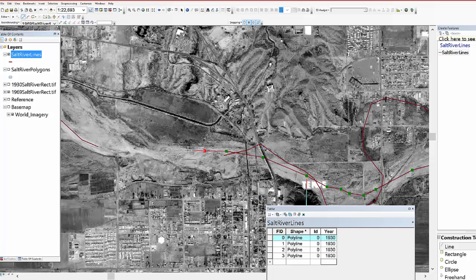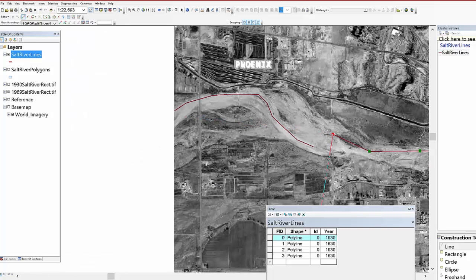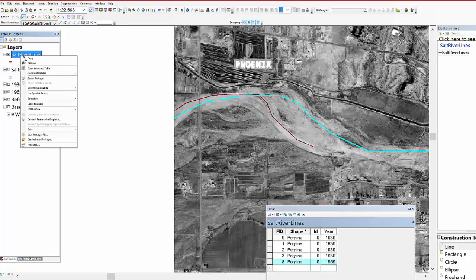So here's where we had that gap. It's a little bit less certain. I might have wanted to stay down there, but I'll come through here. This area looks about the same. So I had a single thread in 1969 for the channel. So I've got those. Now we'll zoom to that layer,